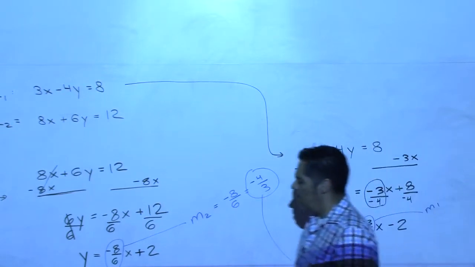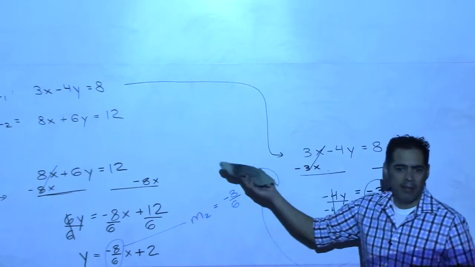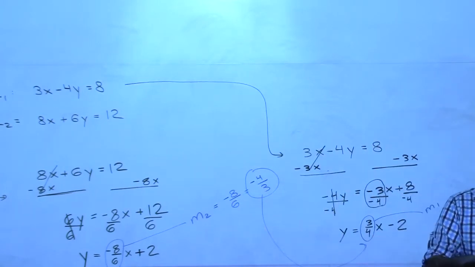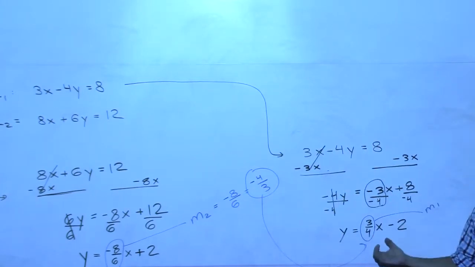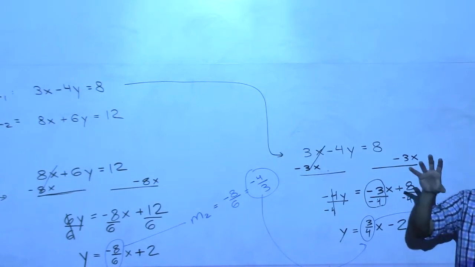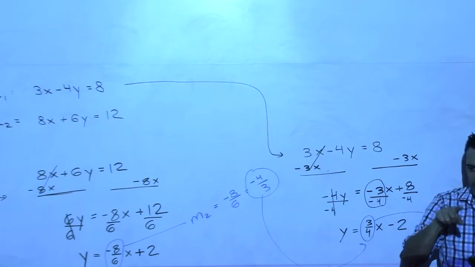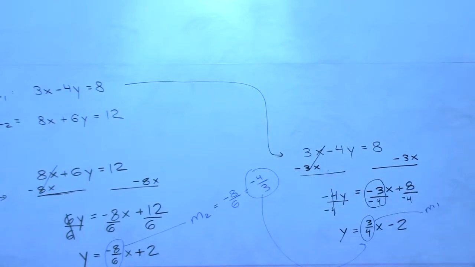That's it. So on a test, I would expect something like that, where you have to actually go through the process of finding the m and then doing the comparison, rather than me just giving it to you and all you're doing is comparing two numbers. You're going to have to do the algebra for it,